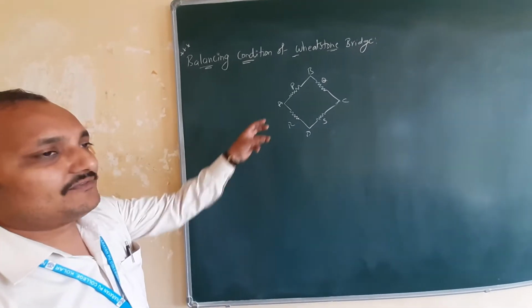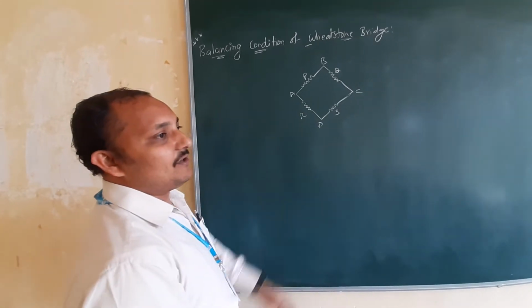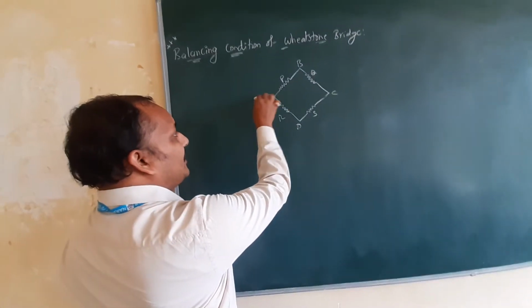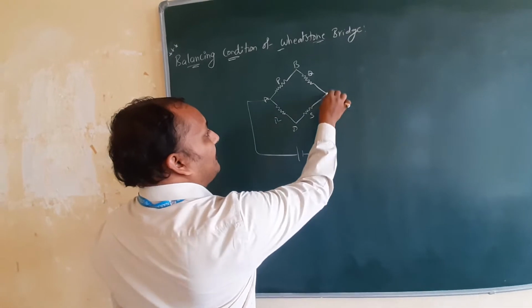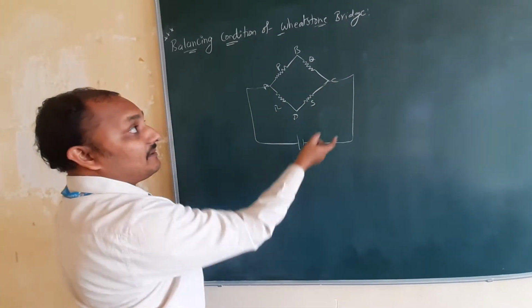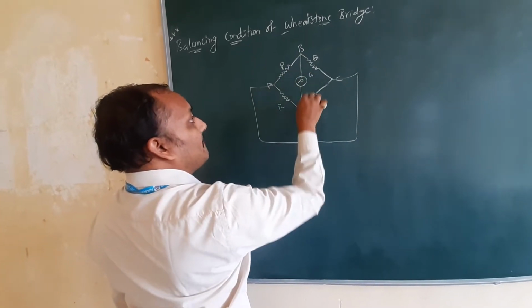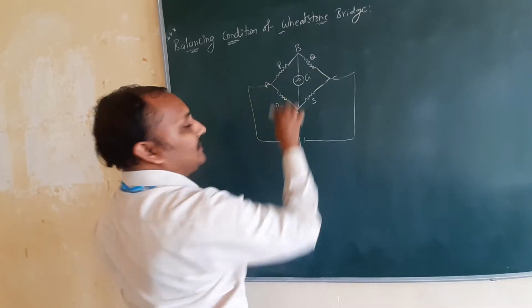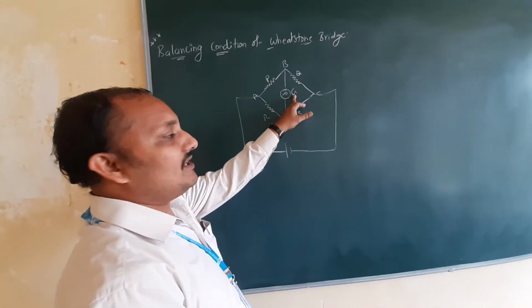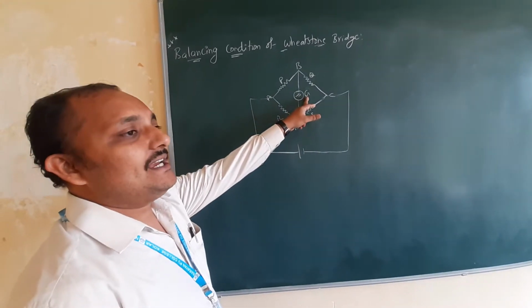Now this is nothing but in the form of Wheatstone bridge. In between, to detect the current, whether current is flowing or not, we will use galvanometer. To provide the steady current, what we are going to connect? That is nothing but battery. So between two junctions, A and C, I connected battery. Remaining two junctions, you have to connect galvanometer. G refers to galvanometer, and this galvanometer will also have some resistance. Galvanometer resistance is denoted by G.